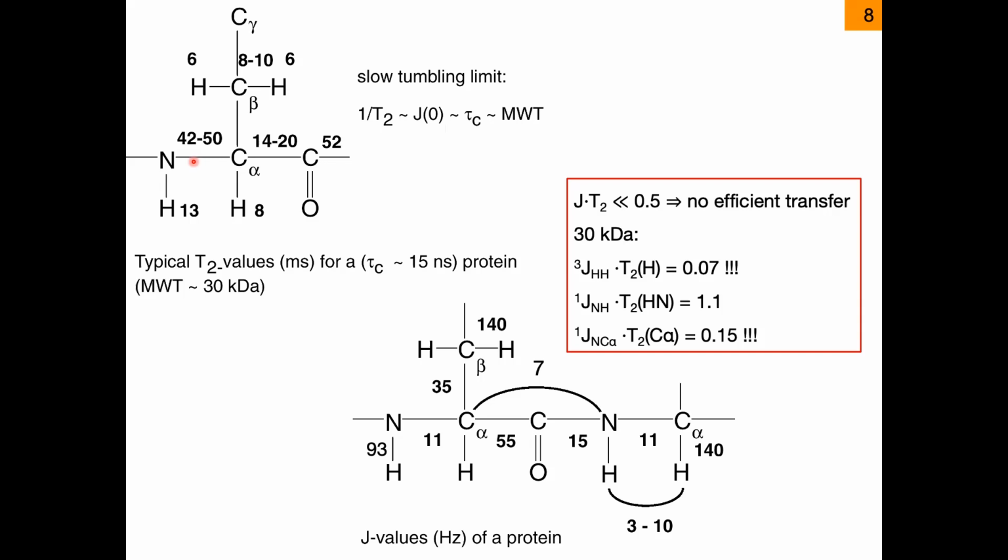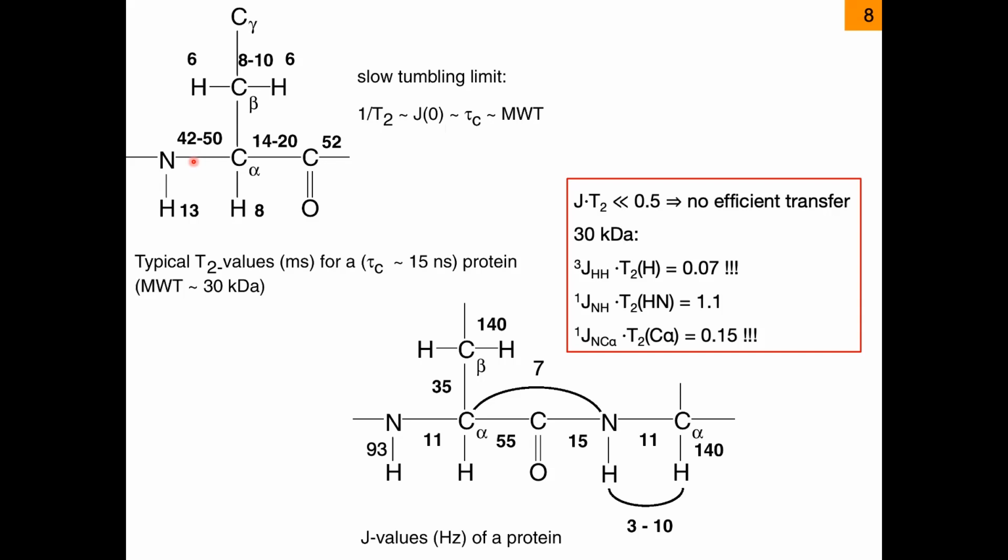Slowly means slower than the T1 minimum of the weakest nucleus, in this case nitrogen, and this would be about 1 nanosecond or so. If it's tumbling slower than this,